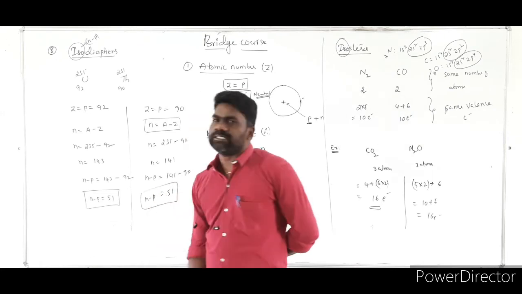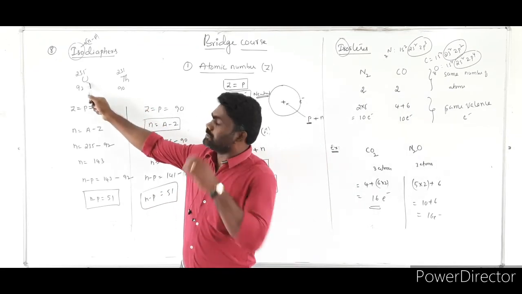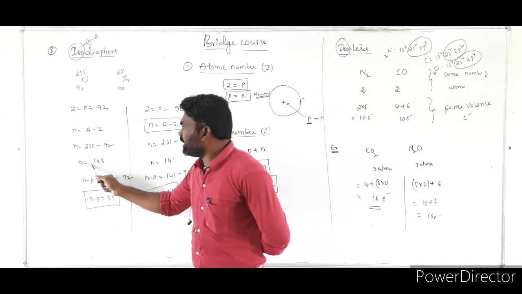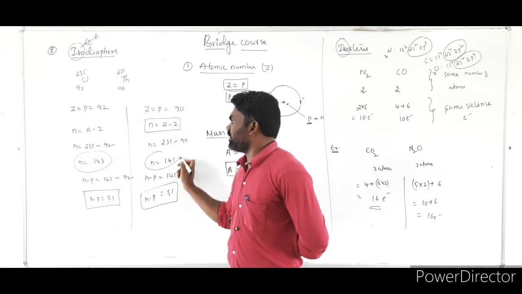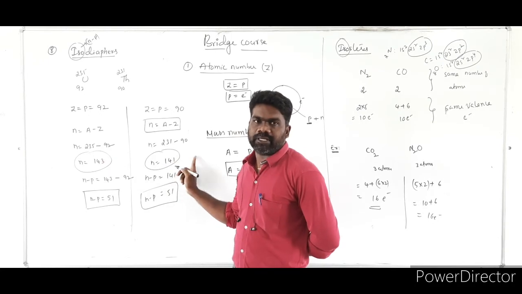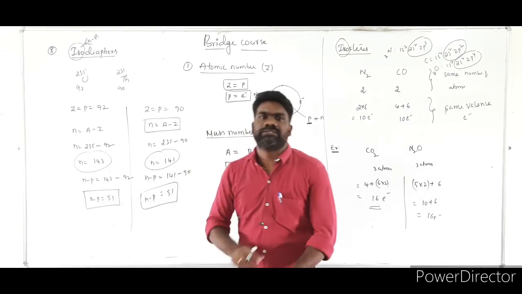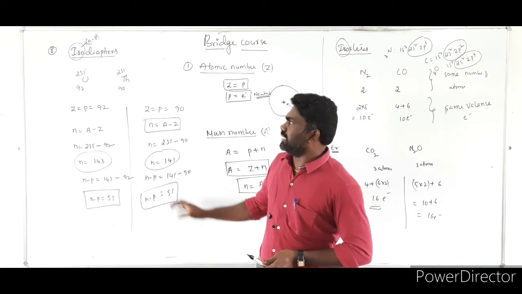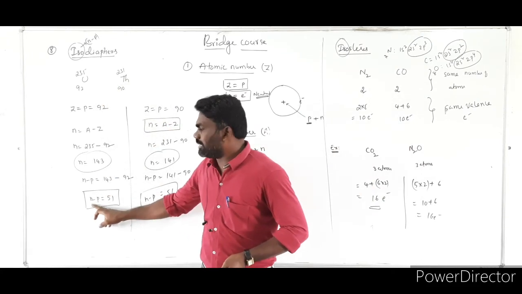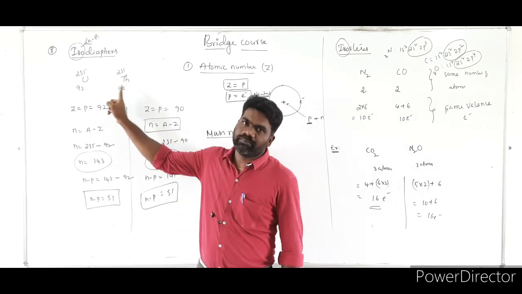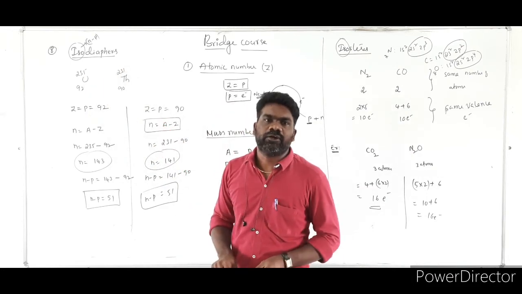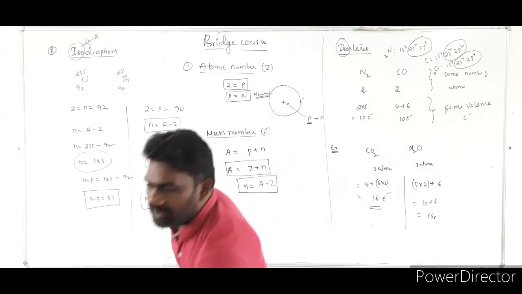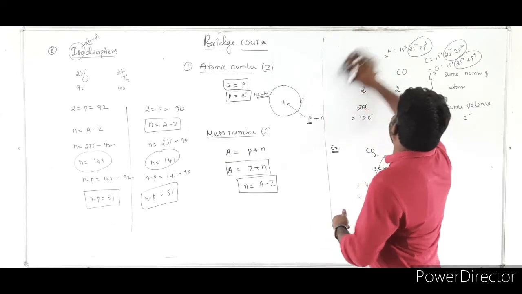Then what we noticed here is that the atomic number is different, the mass number is different, even the neutron number n is different, 143 and 141. The neutron number is also different, but what is the same is the n minus p value. Such types of species are called as isodiaphers. I am defining them as elements with the same n minus p value, but different atomic number, different mass number, different proton number. Such types of species are called as isodiaphers. Let us take one more example for better understanding of isodiaphers.